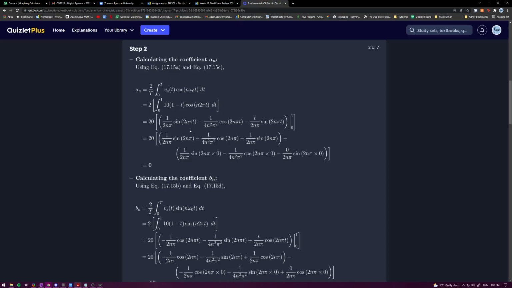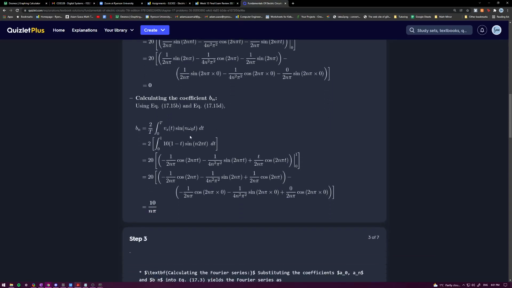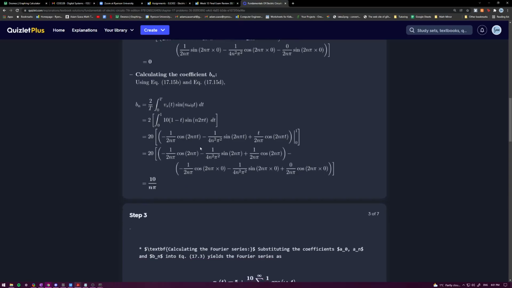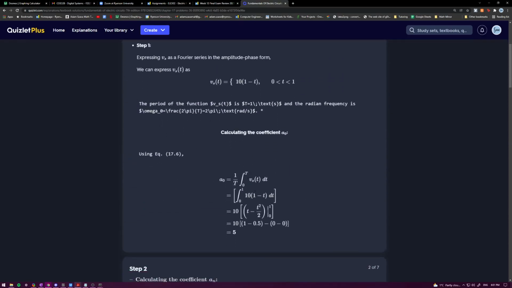So they calculate a_n. Really, the hard part is just setting up the equation here, which just doesn't make sense to me. Like comparing it to math, I don't know what exactly we're doing here, but I'll figure it out. So 2 over T, 0 to T, sine omega t, you get 0 there. For b_n, it's the same thing, so it's going to be 2 over T, 0 to T, and that's that. And then now that they found a_0,